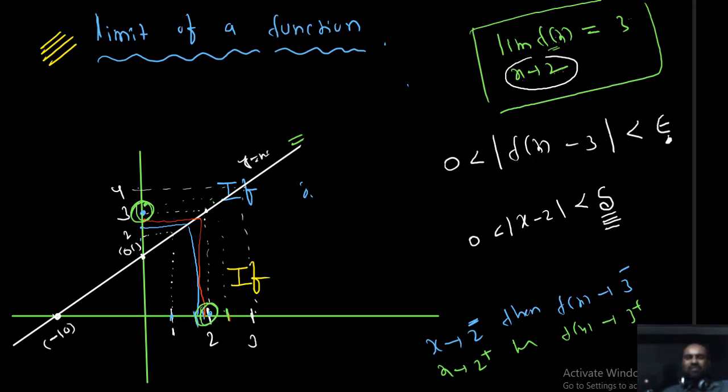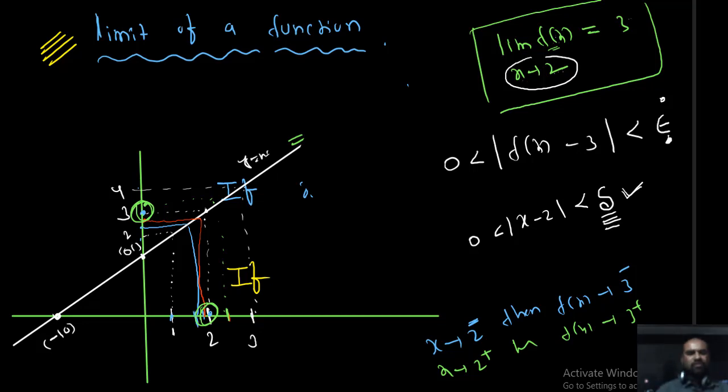So that's why we want to make the distance between x and 2 small. First of all, we want to find a value of delta, a small positive real quantity, so that 0 less than mod of x minus 2 less than delta, and automatically there exists another positive real number, say epsilon, which is also a small number, so that 0 less than mod of f of x minus 3 less than epsilon. In this case I can say x is tending to 2, automatically f of x is approaching 3.